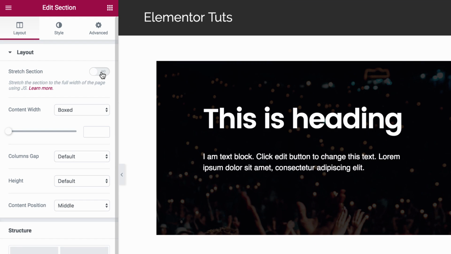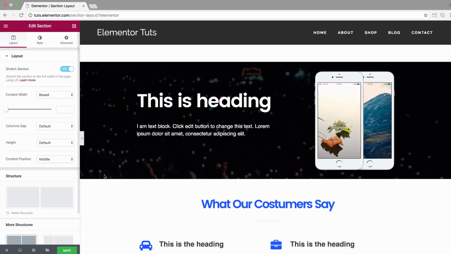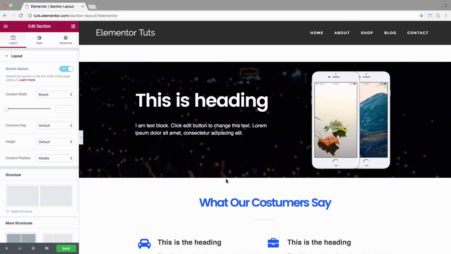So if I click here, yes, as you can see, the section's background has stretched out completely to the width of the screen. Next, we have the content width, with which you could set the width of the content within the section. Here you can choose boxed or full width. So for example, if I stretch out the section's background by clicking here and then select for content width, full width,